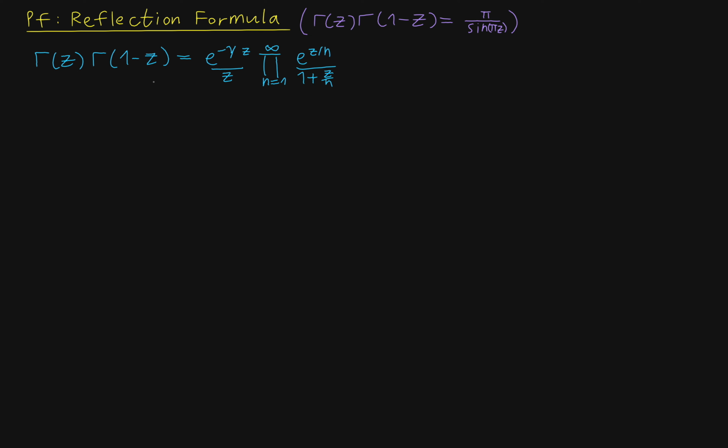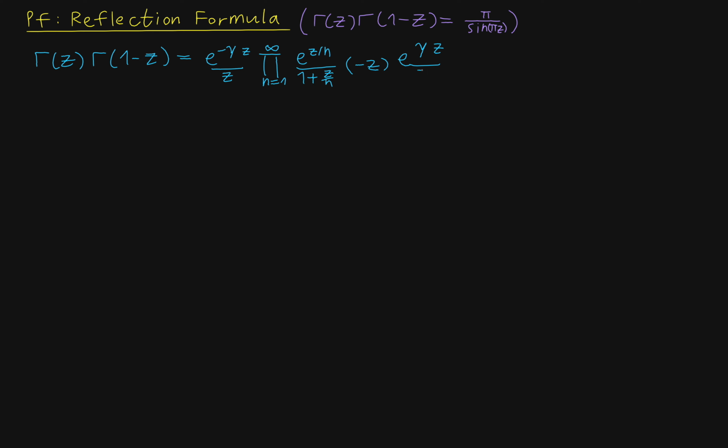And then gamma of 1 minus z, using the functional equation, we can just factor out a minus z, so that's the same as minus z times gamma of minus z. So we can have a minus z here times e to the, now this is positive,